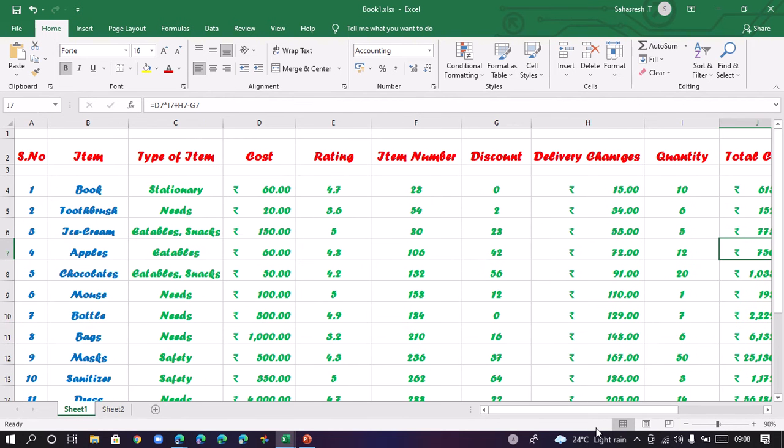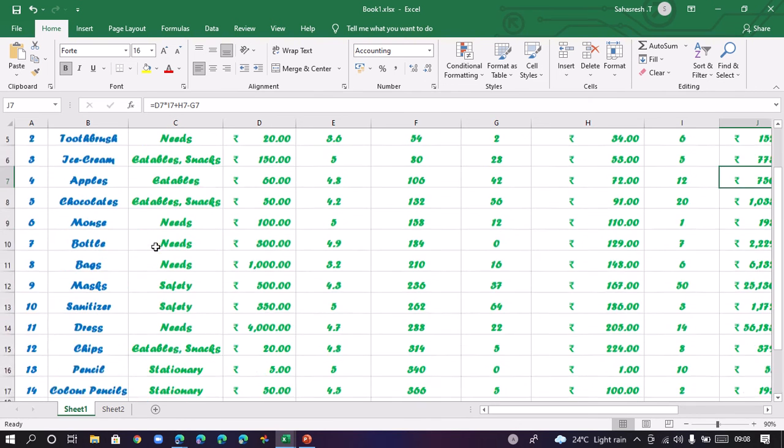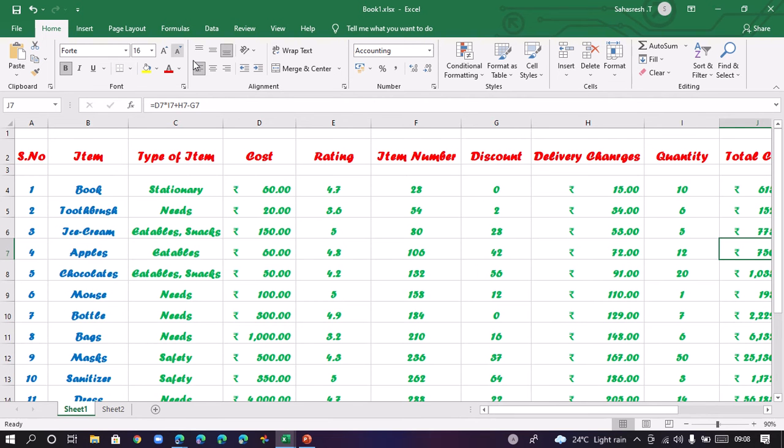Now I'm going to explain about the filters. A filter is something which can be used if you want to know the data of one single item at a time. Sometimes the data will be large and it will be hard for us to find something. So in this case, filters can be useful. To add a filter, there are two ways. I'm going to explain one of the ways because the other way is not going to work.